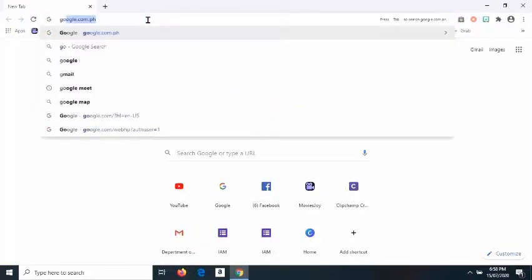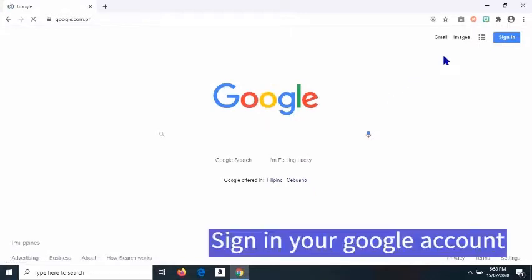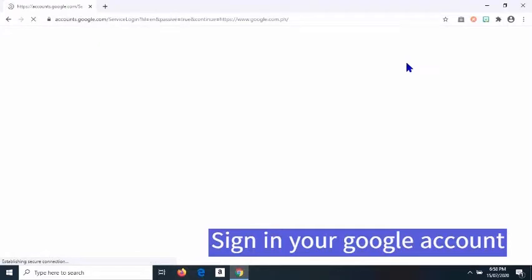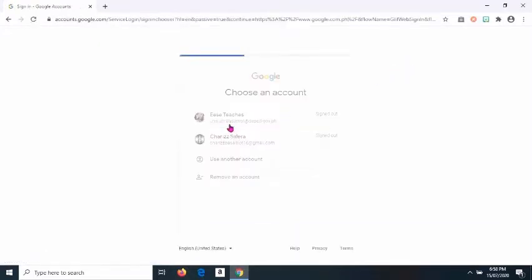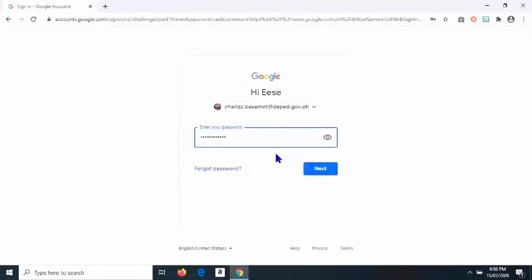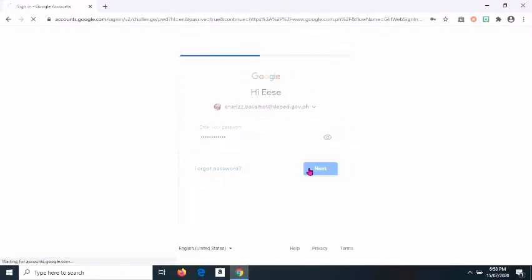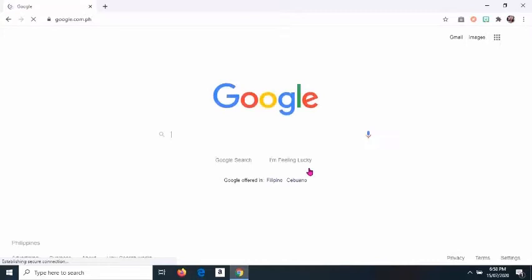Okay, first go to google.com.ph. Then on the right top corner, you have to sign in. Choose the account. Type the password. Click Next. And then you will notice that your Google account is open because your primary picture is on the right top